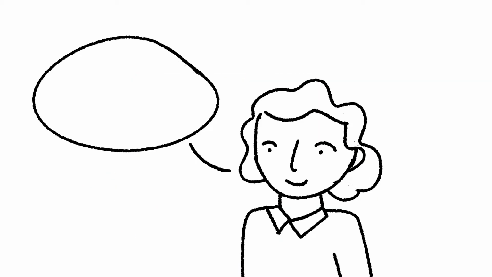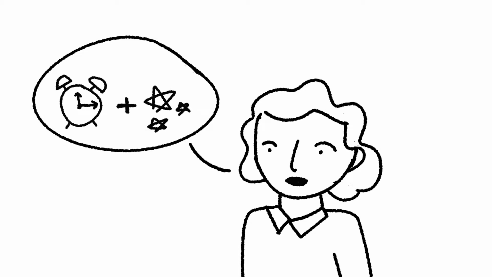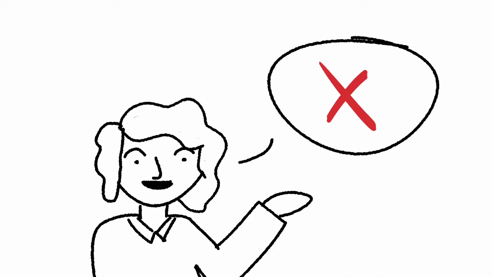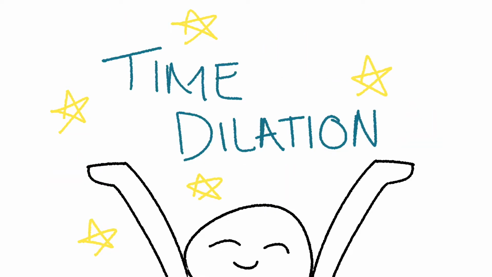In Albert Einstein's special theory of relativity, he suggests that time is linked to space in a complex system. The result of this is that it is impossible to move in space without subsequently moving through time. This is time dilation. Now, how do we know that all of this is true?